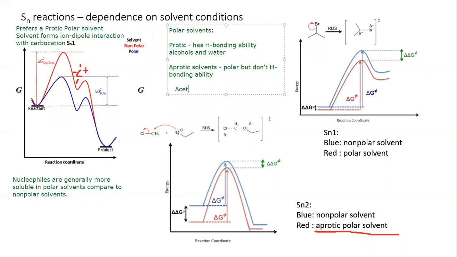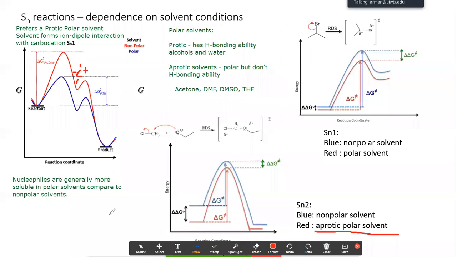We're looking at acetone. We're looking at DMF, dimethylformamide. We're looking at DMSO, dimethyl sulfoxide, and we're looking at THF, tetrahydrofuran. These are all types of aprotic polar solvents. Now to show you what these look like,